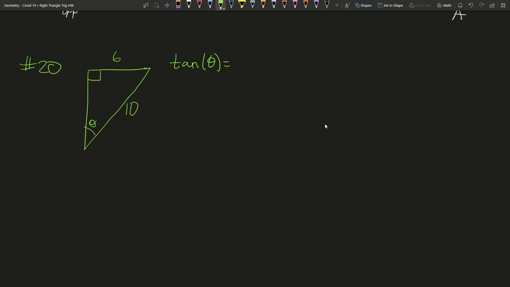Remember that tangent is always opposite over adjacent. So we need the opposite and adjacent sides. Next, we need to know what sides we actually have. If we draw the line from the right angle to the other side of the triangle,